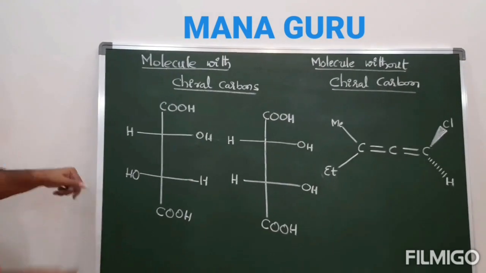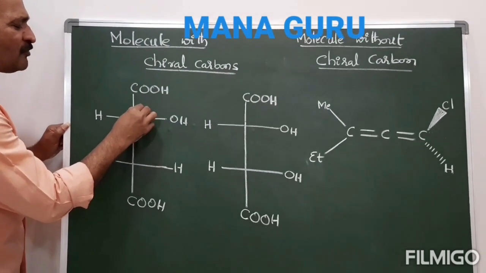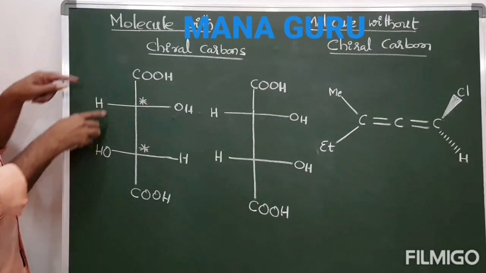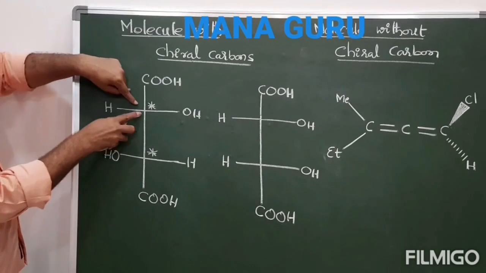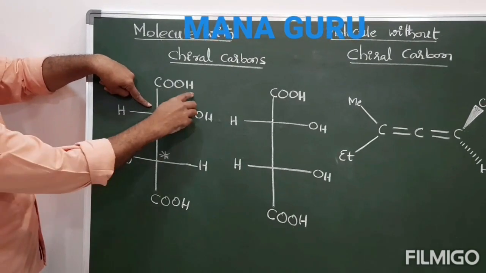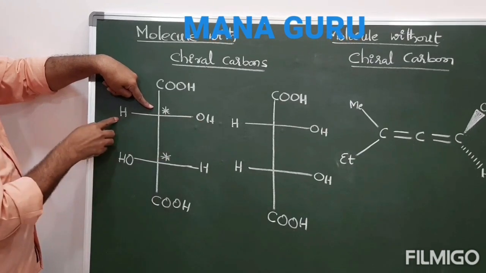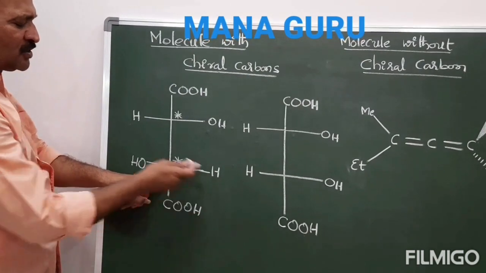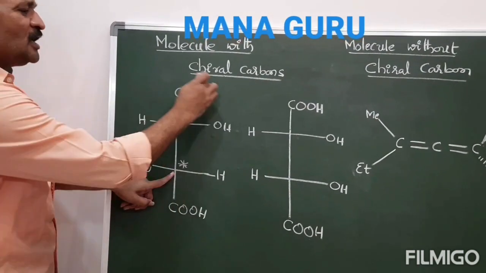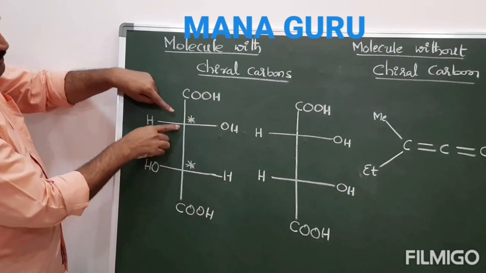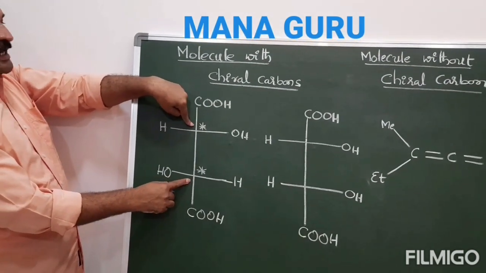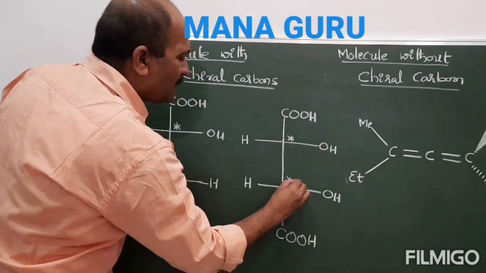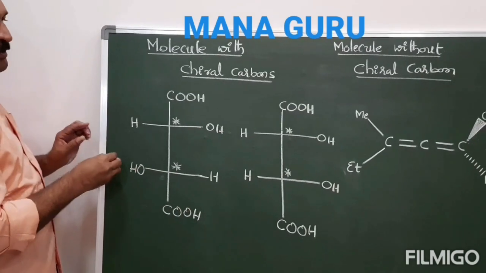Here I am taking a molecule. This is a carbon having four different groups, and this is also a carbon having four different groups. That means two chiral carbons are there. This carbon has one COOH group, one OH group, an H and the remaining group. This chiral carbon also has H, OH, COOH and the remaining group. Students, these two chiral carbons are similar. Here also two similar chiral carbons are present in the same way. But the point is